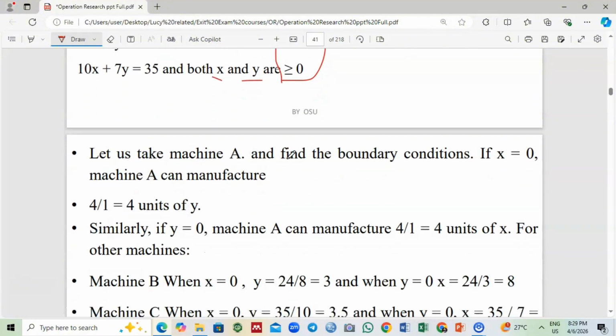Let us take machine A and find the boundary condition. If x equals 0, the machine can manufacture